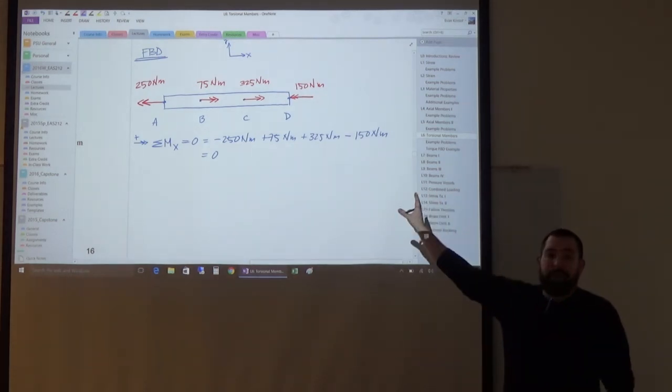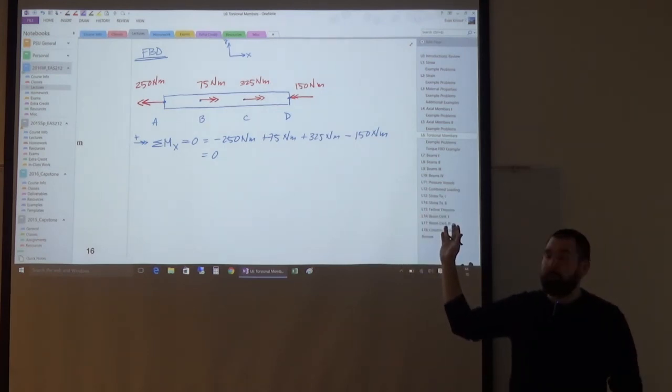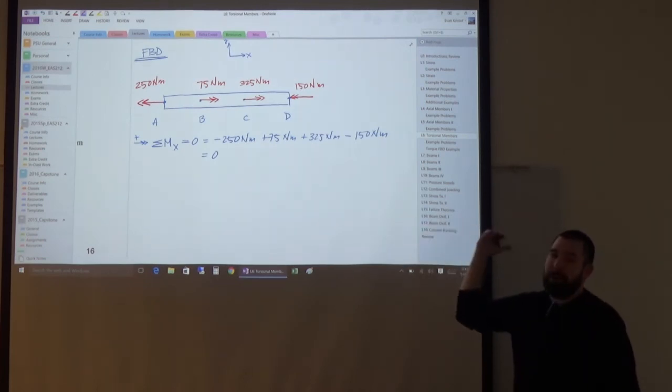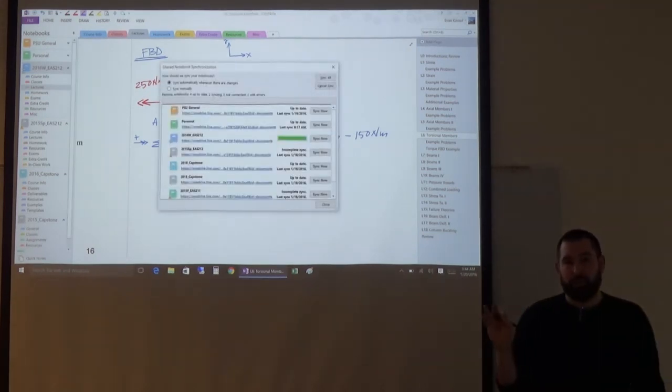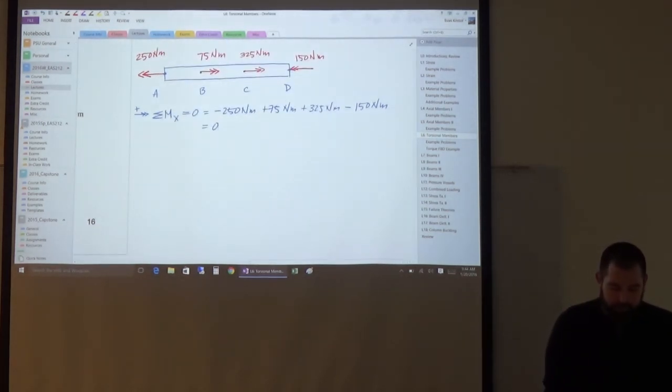So I'm treating it almost identical to an axial member when I'm calculating the internal normal forces. The only difference is that here I'm doing moments, but the arrows are pointed in the same direction, parallel to the longitudinal axis, and I think this will make your life quite a bit easier. Now, when it comes to the internal torques, it's the same exact rules as for an axial member as well, too. That means if I were to, let's say, make a section cut